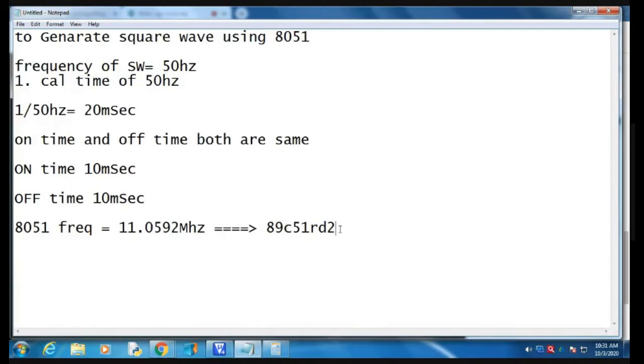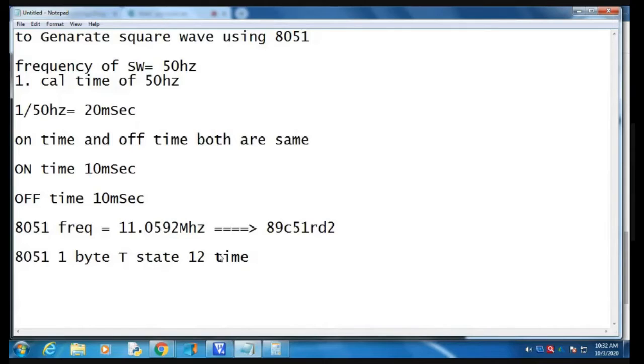In 8051, one machine cycle, or one byte instruction, takes 12 T-states. The 12 is nothing but 12 time periods.